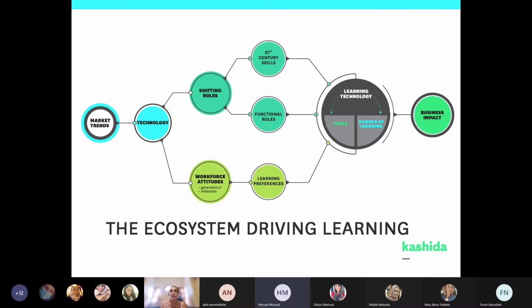I think before, people were okay with someone lecturing at them and trying to figure it out, or applying something they were told to memorize. Right now, people want to understand the root of the knowledge and have the skill to learn. And even in the job market, the roles have changed. There are very technical, functional roles like programming and learning experience design. At the same time, in general, there's a shift in what the job requires.